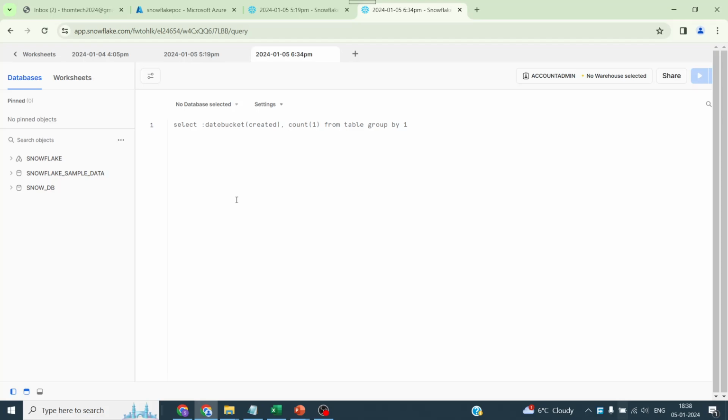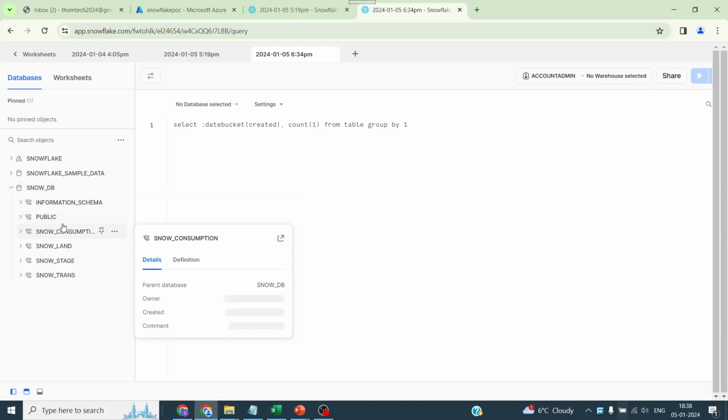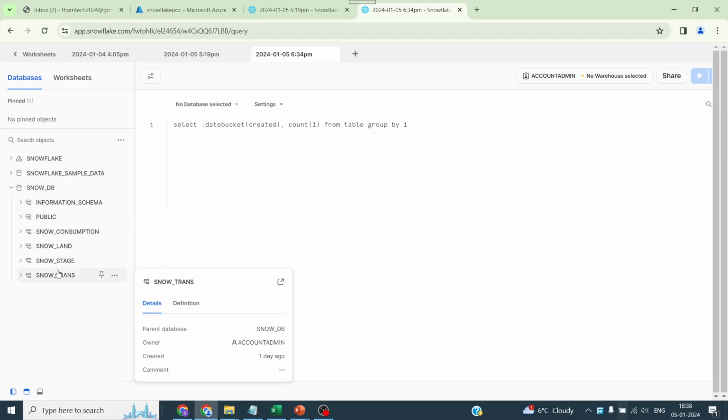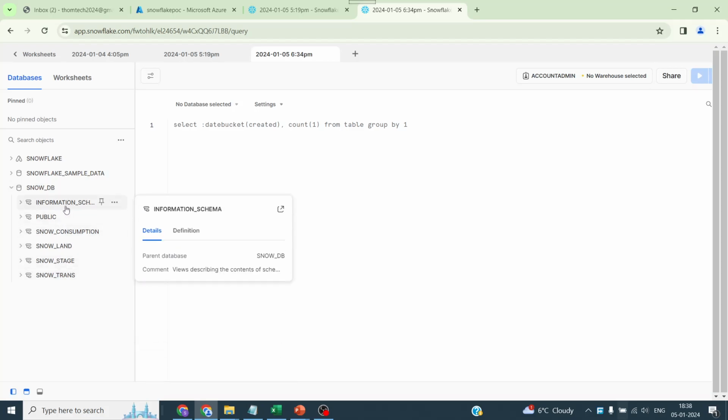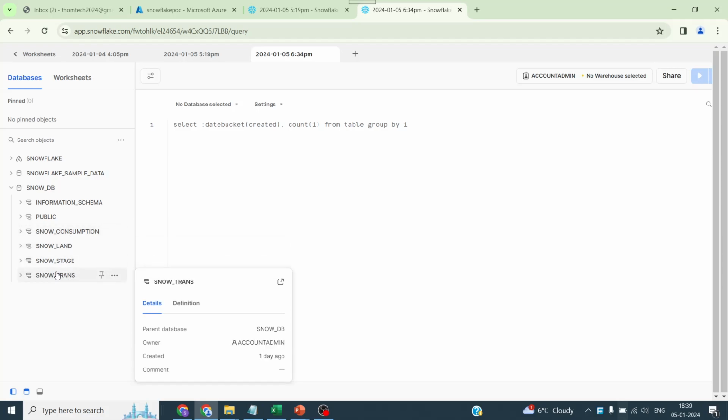Also, I have created a database, that is SnowDB, from my side, just to keep this tutorial specific to this particular DB. Under this DB I have multiple schemas. A couple of them we have by default, like information schema and public. I have created some others, that is snow consumption, snow land, snow stage, snow trans. These may vary based on the use cases and how we want to set up our process for Snowflake. As of now we will consider